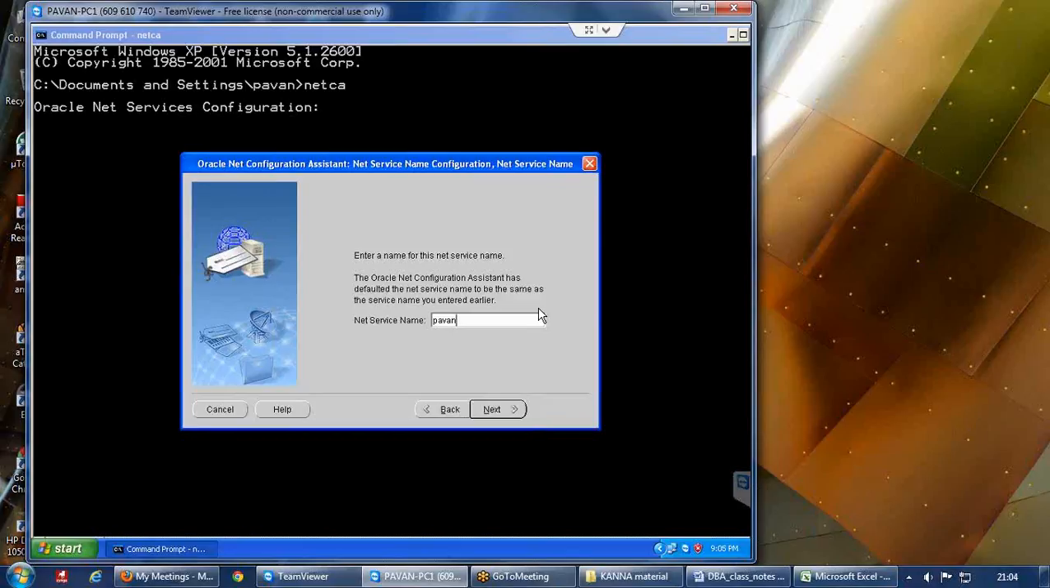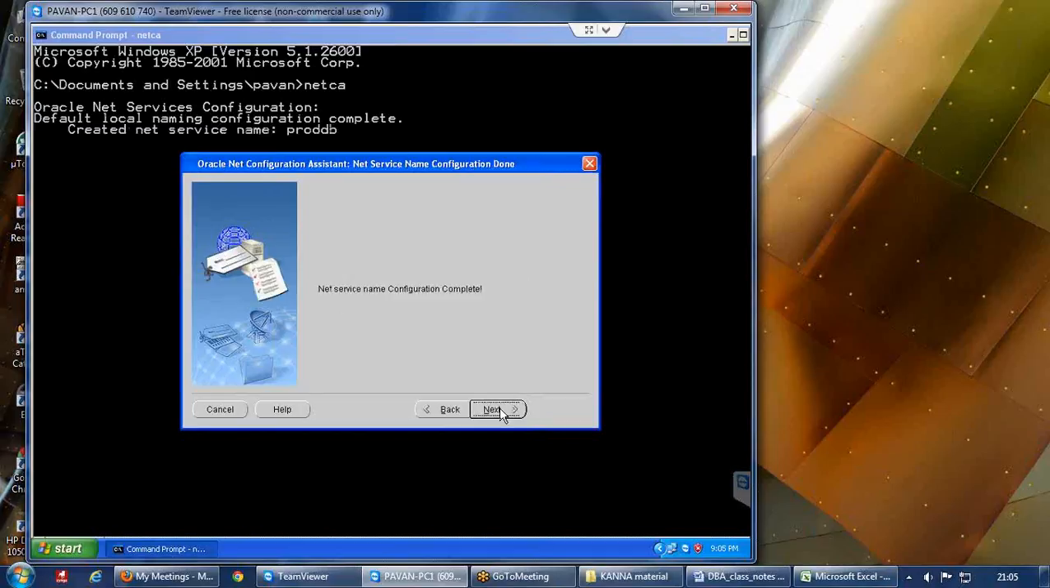So alias name, in the sense, is the other name that we are going to have. Apart from your instance name and database name, if you want to provide some other name, you can give it over here. But usually in real time you would see the same as your instance name. In my case it is ProdDB, so I am giving ProdDB only. And it is going to ask, would you like to configure another net service name? By default the option is no. So click on next